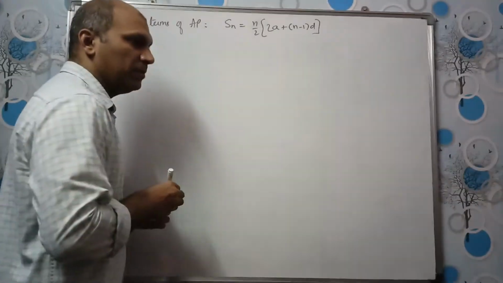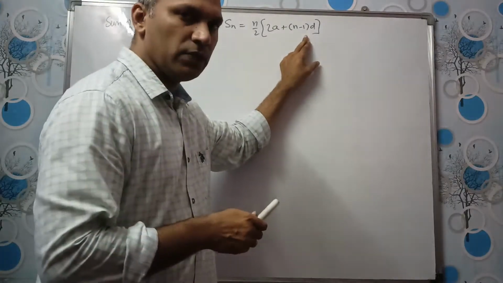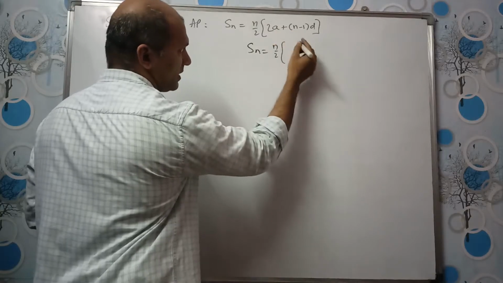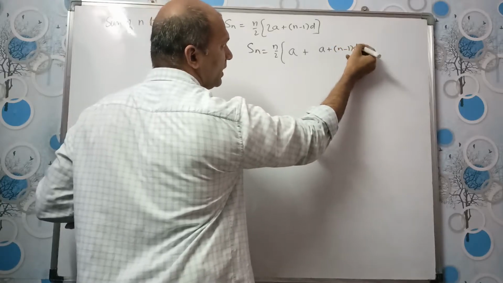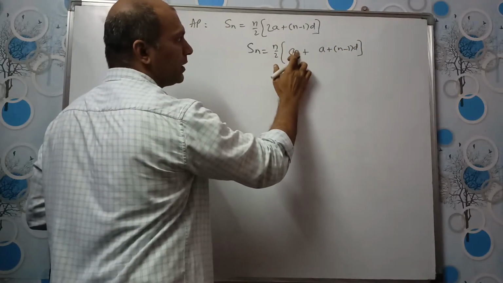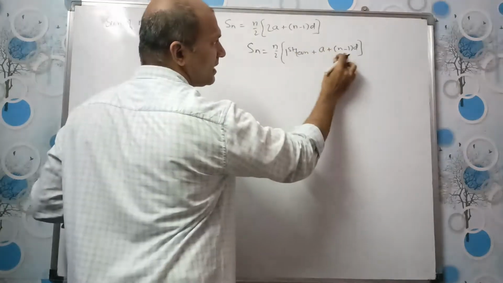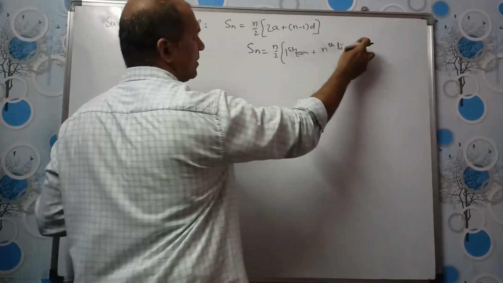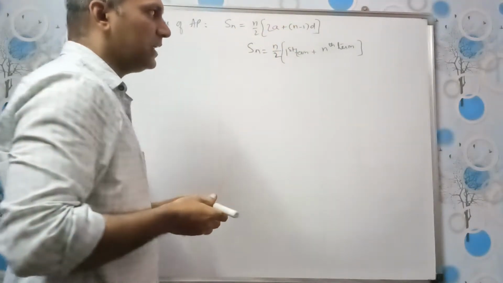Okay, let us learn how to find the sum of n terms of an AP. This is the formula: Sn is equal to n by 2, 2a plus n minus 1 into d. You can also write this formula as Sn is equal to n by 2, the first term is a, and the nth term will be a plus n minus 1 into d, right? So a plus a will give us 2a. So this is the first term plus this is the nth term, or last term. So you can remember the formula in this way also or this way also, right?